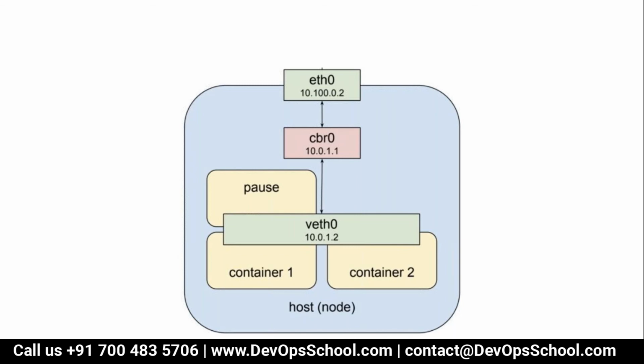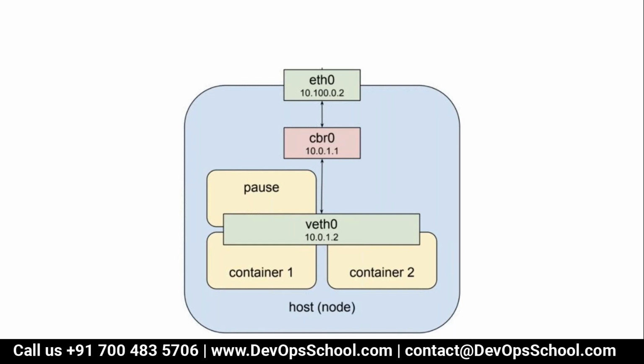Okay. So here what you have is one node. On each node you have eth0 and cbr0. And there is one pod container, attached to a network namespace, which is shared by the other containers also. Container 1, container 2. So in this pod you have two containers. The pod is hidden. So this is the architecture.